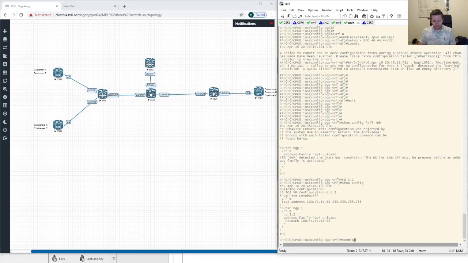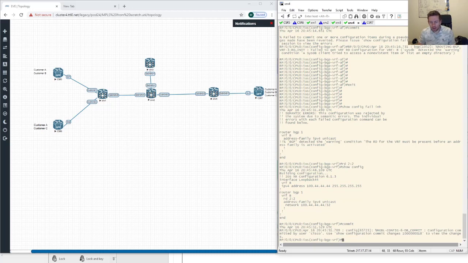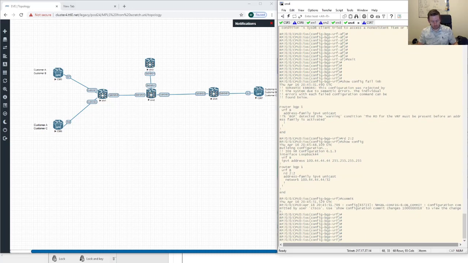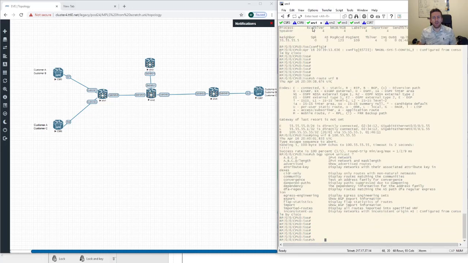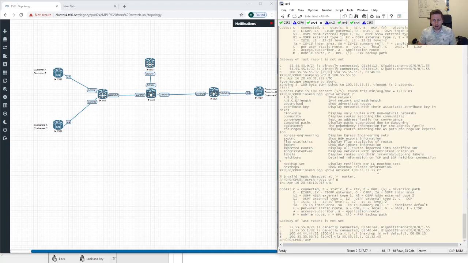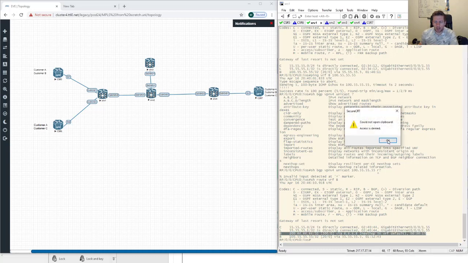Right, let's try that. That seemed to work. So if I do show, I'm just doing this on the fly. Show route VRFB. Yeah. So you see here now I've advertised the route from PE4 on the right hand side, or XRV4 on the right hand side, and now I'm on XRV1 and I'm